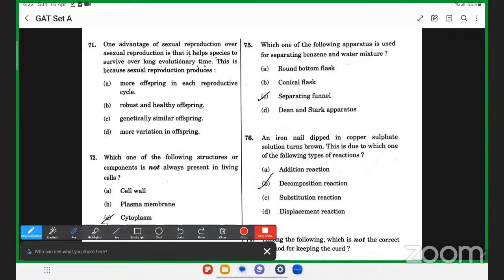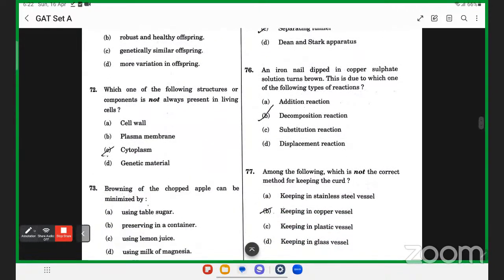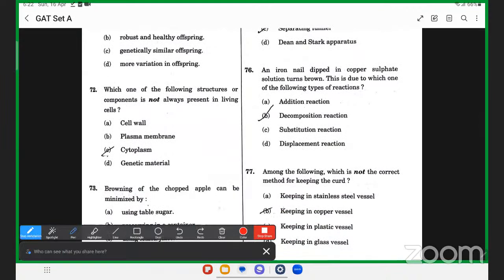नेक्स्ट वी हैव क्वेश्चन नंबर 76. Question number 76 is, an iron nail dipped in copper sulfate solution turns brown. This is due to which of the following types of reaction? तो ये 10th क्लास के एनसीईआरटी से लिया गया है। ये आपका है कि आयरन नेल Fe का रिएक्शन अगर